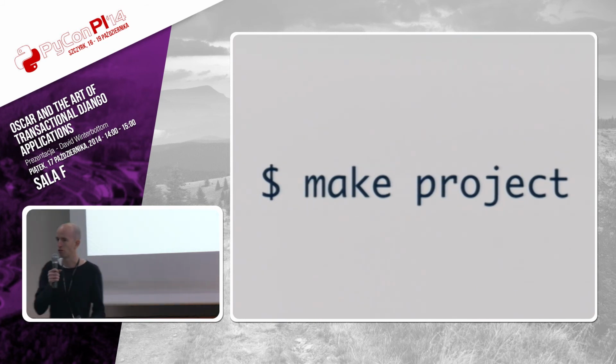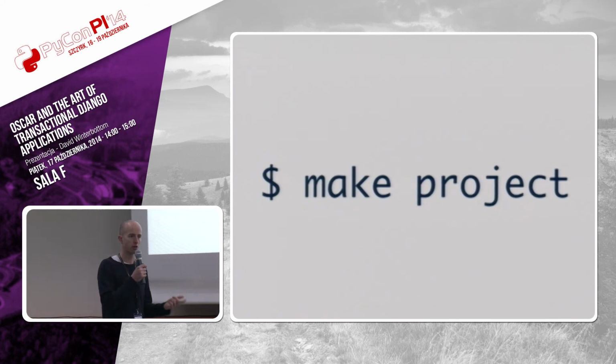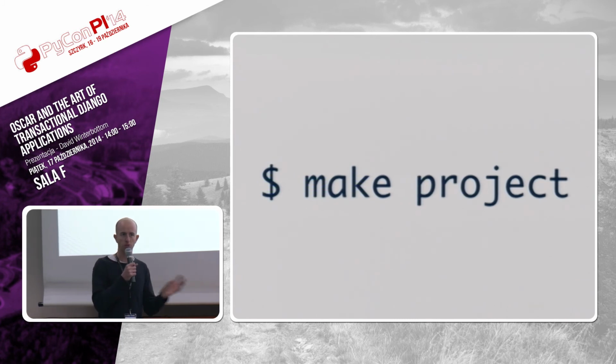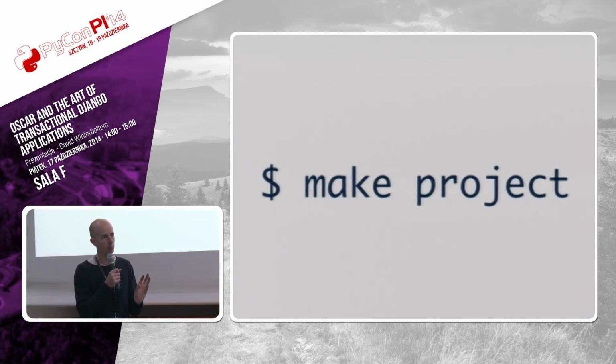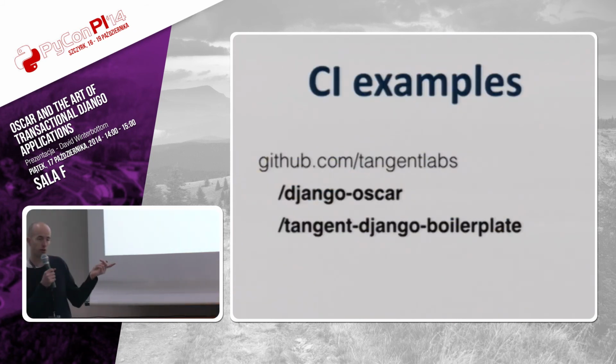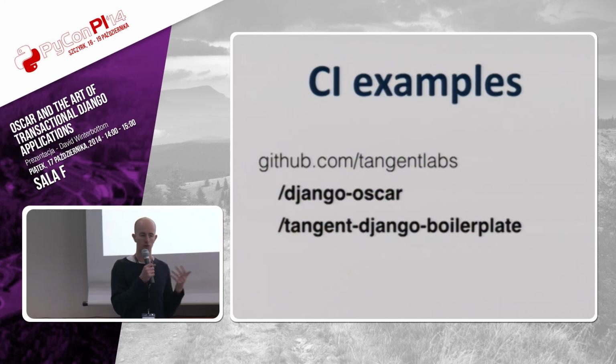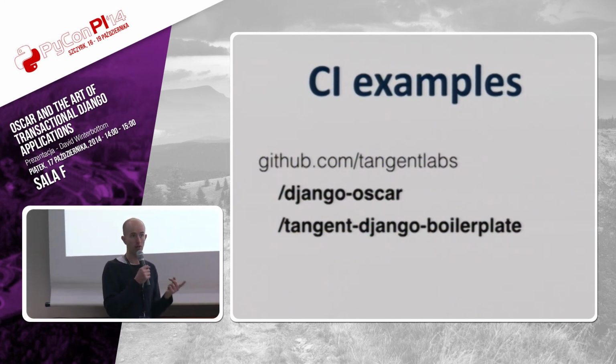So what you should do, once you've got this single command for building your project, is put it on continuous integration. So every time someone commits, you should be running all the tests, but you should also be testing that you can build your project again, and all the migrations apply cleanly. There's a couple of examples you can look at. We did this for Oscar itself. In Oscar's Travis file, we run all the tests, but then we try and build all our demo sites. We also try and run all the migrations against different database backends just to make sure they all apply cleanly.